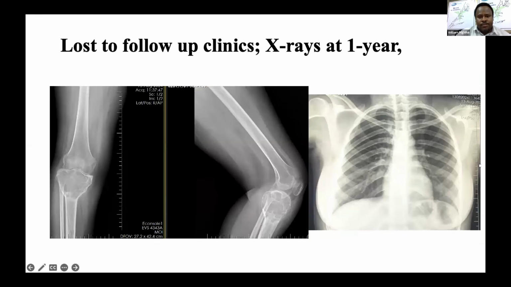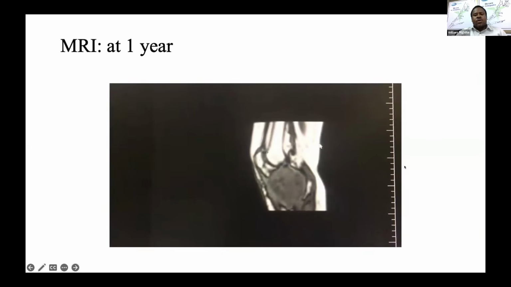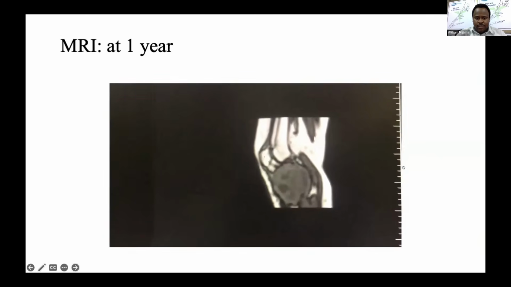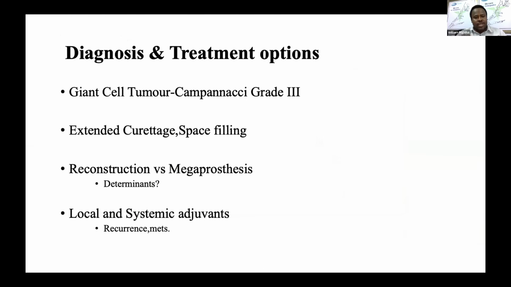So she was lost to follow-up, and she was only on a knee brace. We again saw her at 1 year. We can see the tumor was almost shrinking with only bracing. She did not receive any neoadjuvant denosumab or other therapies, and there was no metastasis. So we would basically see that the tumor was extending to the posterior compartment of the knee, but not encroaching to the vessels. So the giant cell tumor Campanacci grade 3, we initially thought of referring the patient for endoprosthesis,